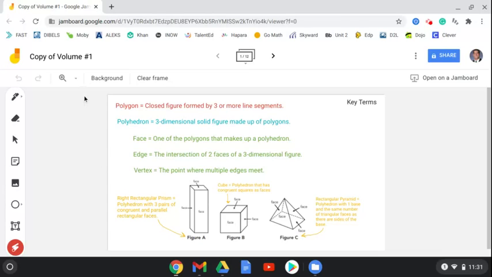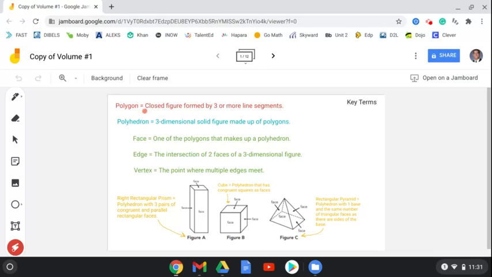Okay, I'm here in volume number 1, Google Jamboard, and we'll first talk about some key terms. So remember that a polygon is a closed figure formed by 3 or more line segments, right? They are shapes that are closed, they have straight lines, and they're flat shapes. They're two-dimensional figures. Like triangles would be a 3-sided polygon, quadrilaterals like a rhombus or a trapezoid or a square